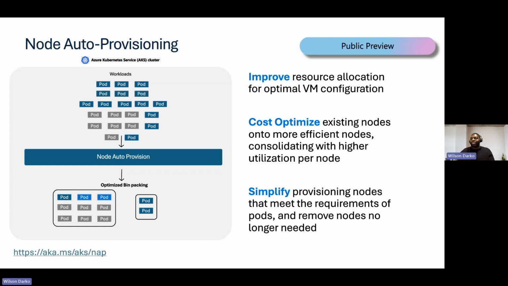If you have a visual learning style, this is what the slides are for. Node auto provisioning is a way of auto scaling and scheduling your workloads on VMs, or nodes as we refer to them. Node auto provisioning is our managed add-on of the open source Karpenter project, and we're really excited to bring this to Azure as a solution for customers from a cost-saving standpoint, availability, and a bunch of other considerations as well.